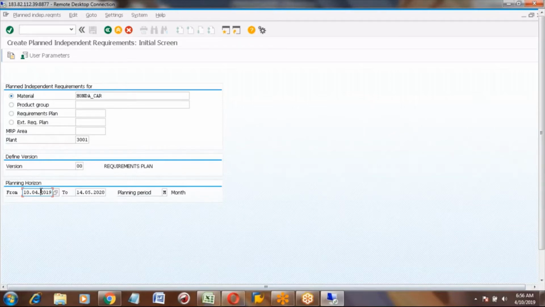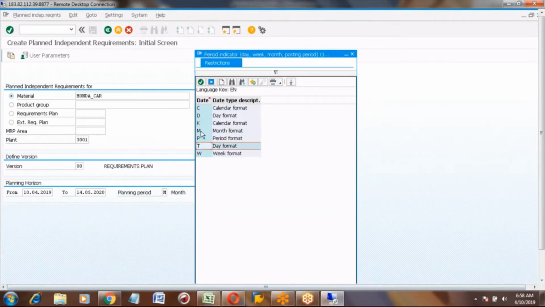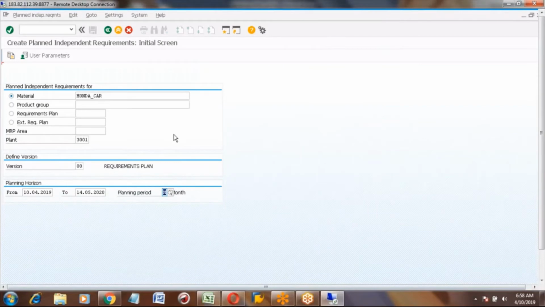Maybe you want to create for 2 months or 5 months or 6 months or 1 year. You can put the date range here, and whether you want to create for monthly or daily or weekly, you can maintain here as per your data. So for example, I selected the month and then press enter.